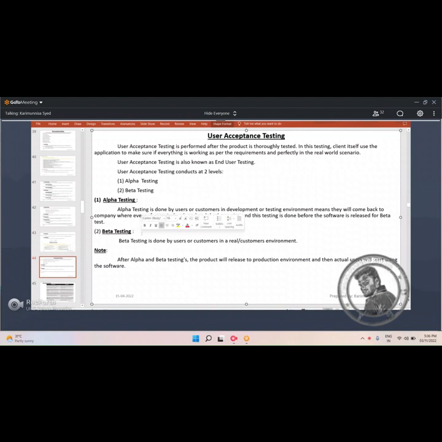This is what alpha and beta are. Alpha is within the company premises, beta is directly released after development. It is conducted by end users. That's why the definition of beta testing is that it is done by users or customers in a real-time environment. Okay ma'am, so this is what